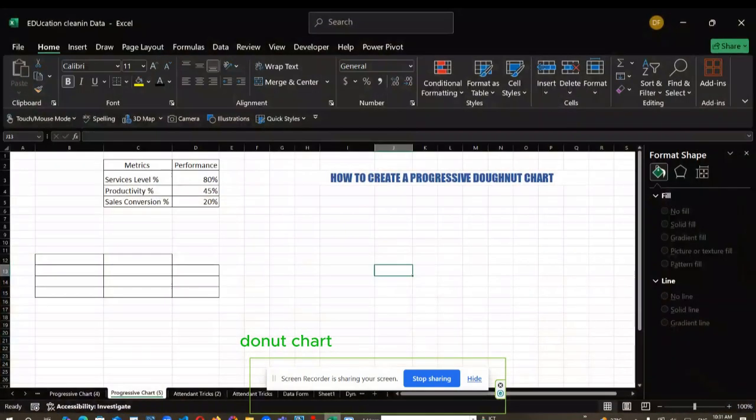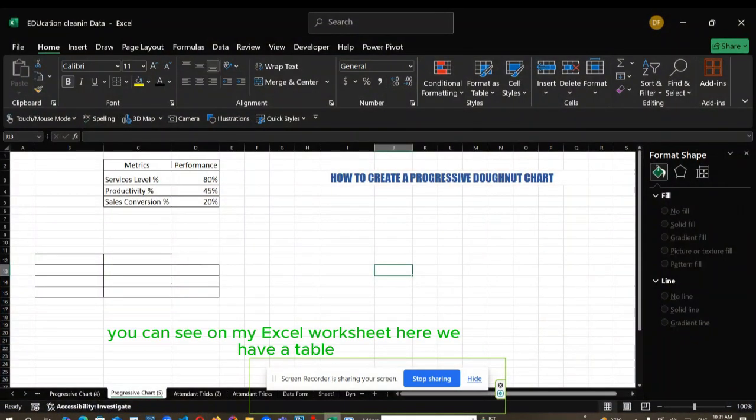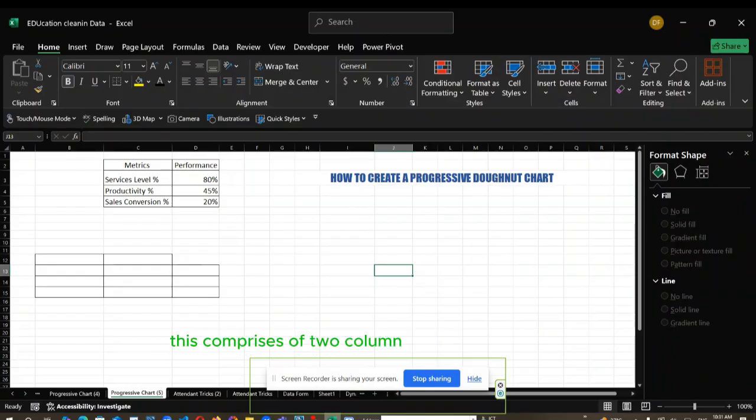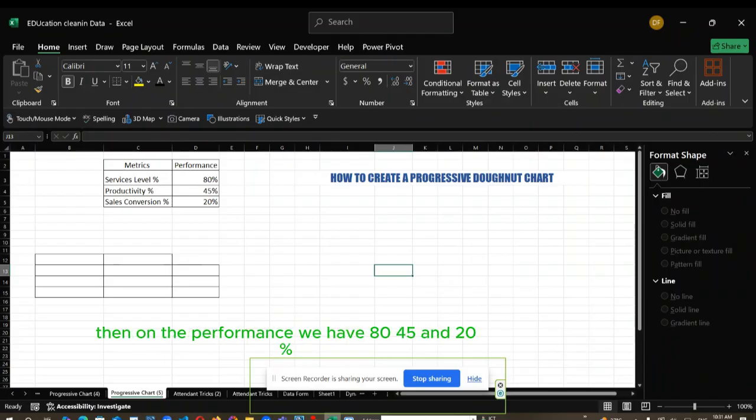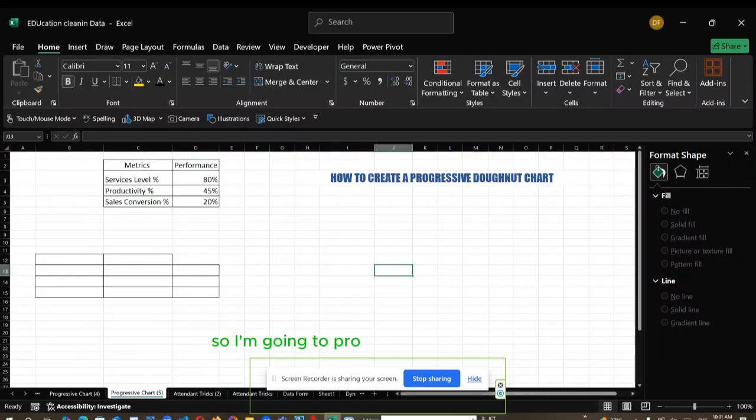Shortly in this video, I'll be showing you and teaching you how to create a progressive donut chart. You can see on my Excel worksheet here, we have a table which comprises two columns, metrics column and performance column. Under metrics, we have service level, productivity percent, and sales conversion percent. Under performance, we have 80, 45, and 20%. So we are going to create a progressive chart for each of the cells